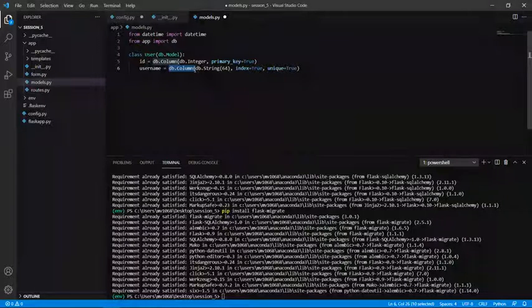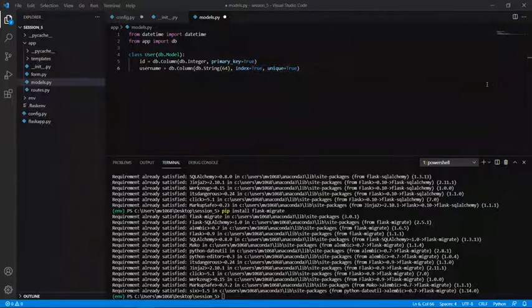It takes a field type, the data type, as the first argument, whether it is string or integer; for example, here it is the integer data type. That information needs to be passed as the first argument for db.Column. The second one, we set index=True and unique=True, which makes searching more efficient. So that is for the username.